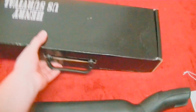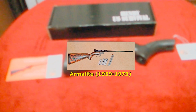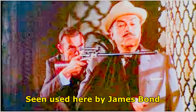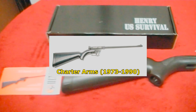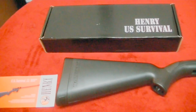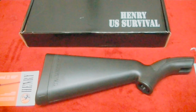First of all, there are three versions of this gun. It first came out by Armalite, which is why it has the name AR. And then a group called Charter Arms picked it up, and they have a gun that looks almost identical to this. And now Henry has come out with the AR-7. So there are actually three of these, and keep in mind that they all three will accept each other's magazines,